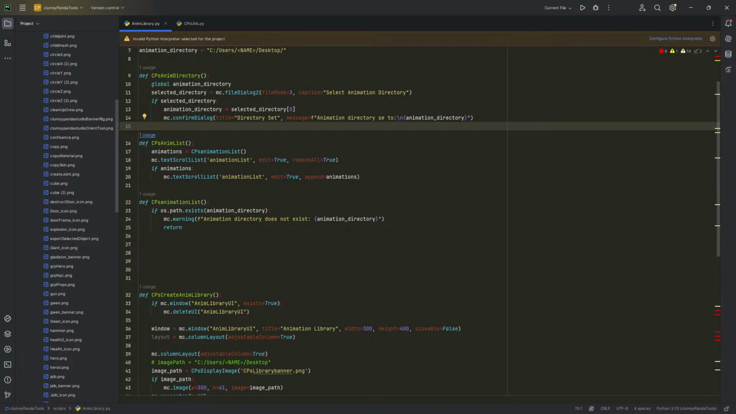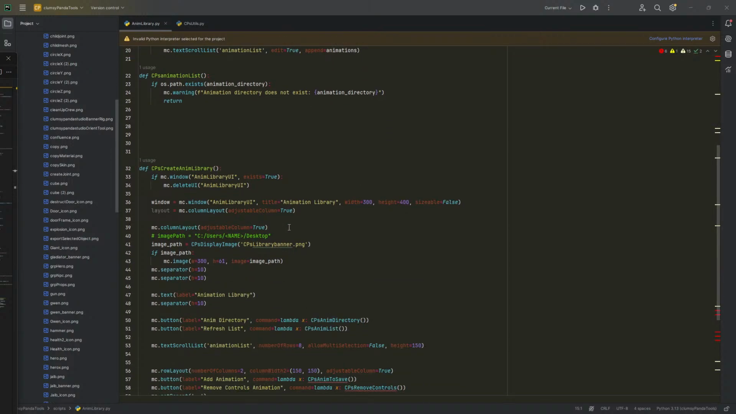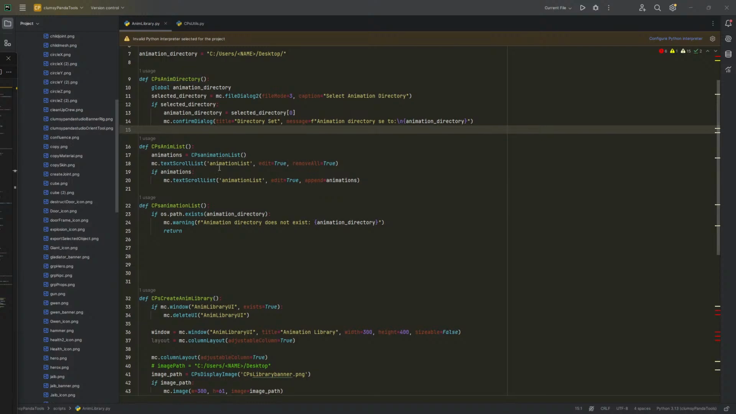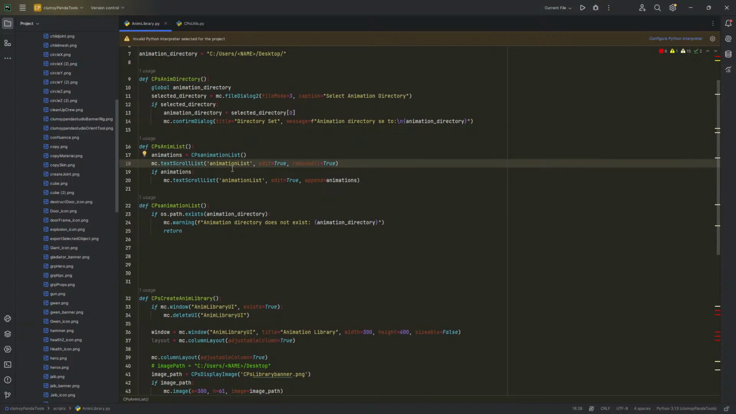Oh, right. All right, we haven't told it to take the animation at all. So it knows where to get the animation list. It knows where to get the animation list, but it doesn't know where to take the animation. So